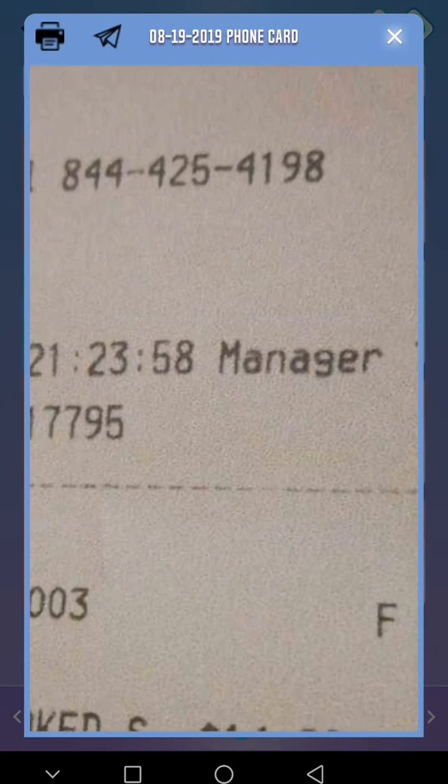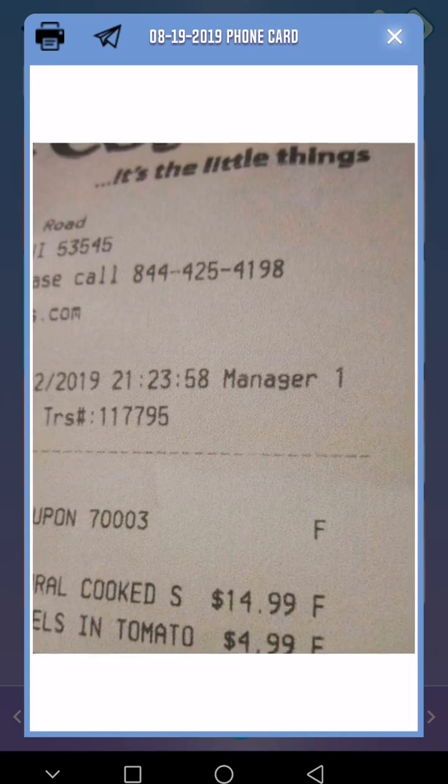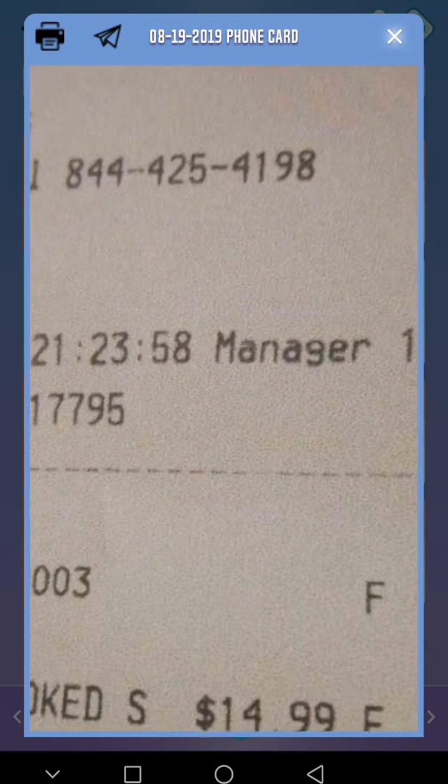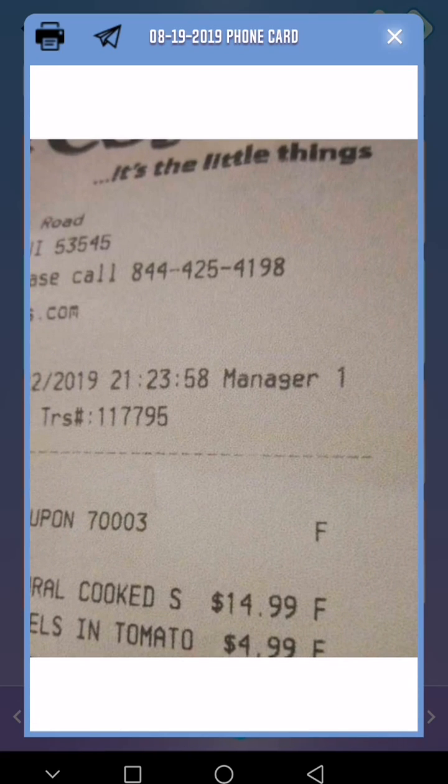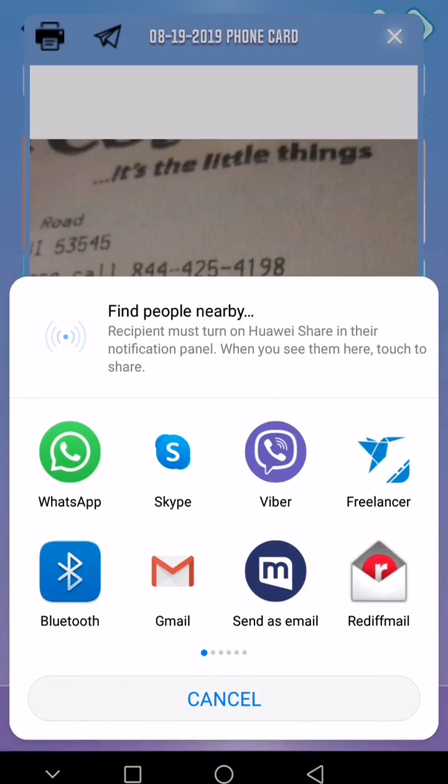Oh, you got an image. You can zoom in, zoom out. If you zoom out, if you zoom in, you can go up and down, all kind of things. You can share this receipt. For example, you can send that to your accountant,